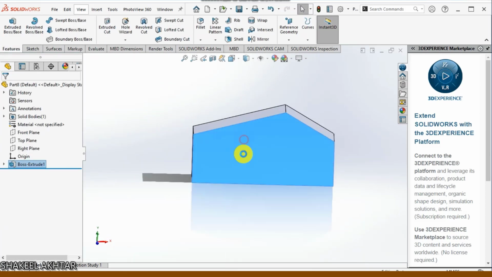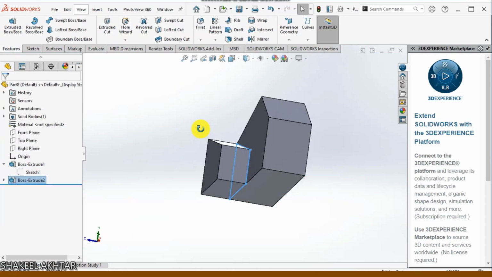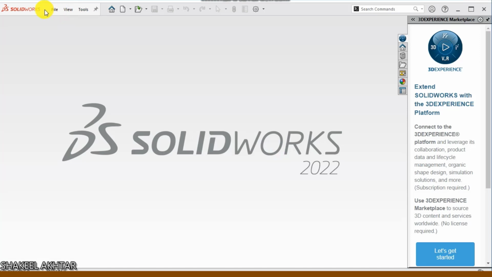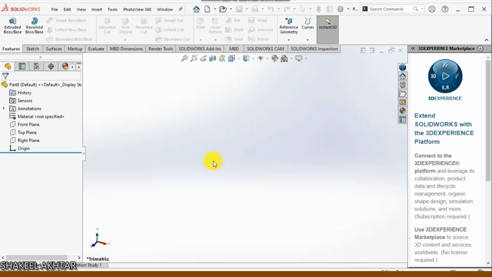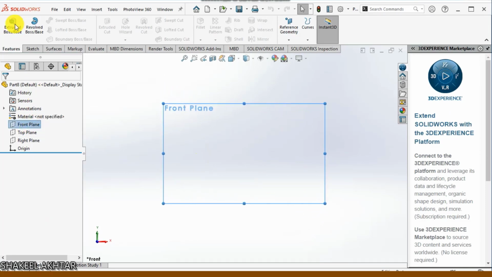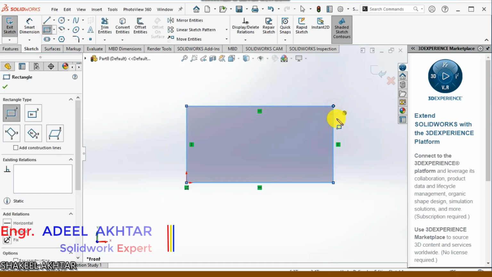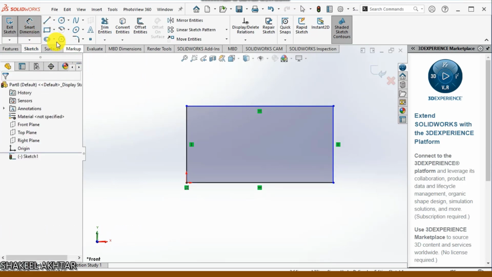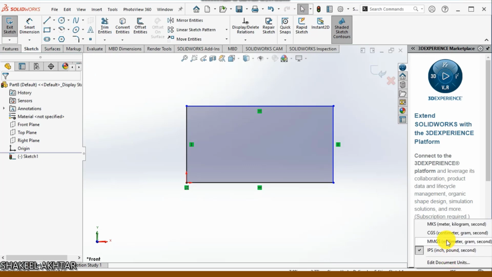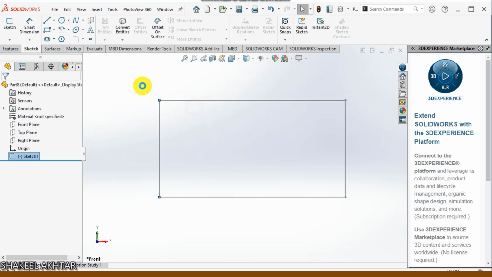So guys, in this video I'm going to teach you a very basic tool of SolidWorks 2022. I have focused only on the extrude tool, and how you can use the smart dimension tool and how you can draw a sketch. So this is very basic, and in the last video I drew the same thing. Okay, so don't forget to set the units as well, and don't forget to use the smart dimension tool. That's very important. So watch the full video, and I hope this will be a very helpful video for you